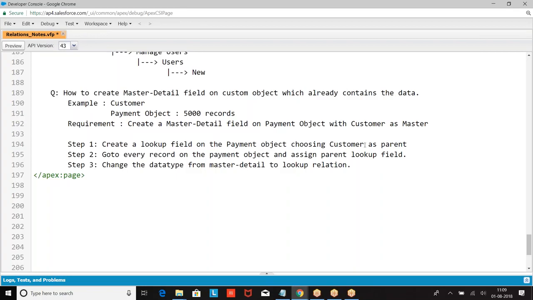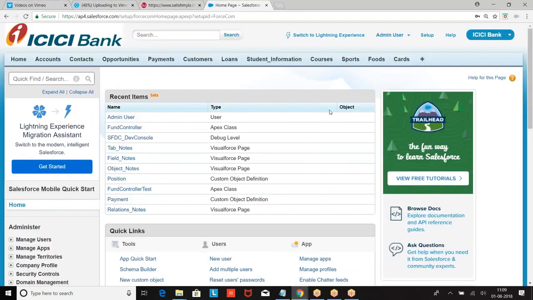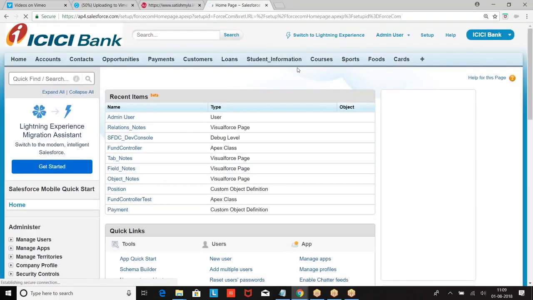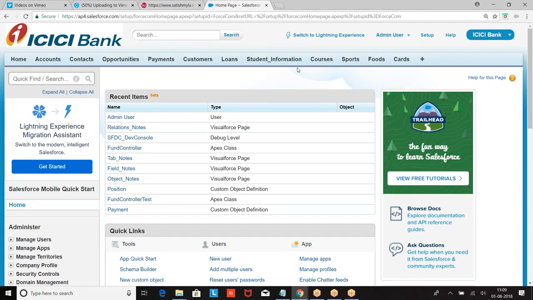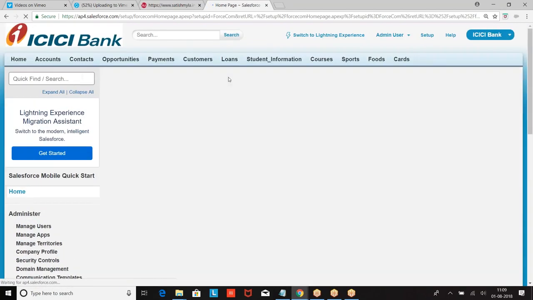Okay. Now let me give an example. So I already told you not to create anything on this account. Who is this idiot? This account is accessed by a number of people. So every day the time will be wasted for knowing what is there. Because when I create, I know what fields are there, what relations are there. I can demonstrate some examples on that. If you're modifying the things on my account, every day I have to spend time to reset the things. It will be waste of your time. Do not create anything on my account. Right. It will be waste of your time again.